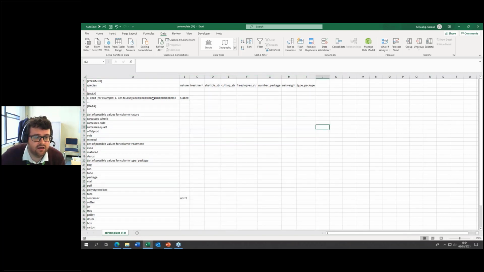Now, Traces, as I said earlier, is not particularly intuitive and it's not particularly advanced. So when you're entering information into this CSV file, I want to bring to your attention that you have to format the information in the exact method outlined here. So for species, you have to enter the information, for example, 1. So this is a bovine fresh meat cert. It would be 1.bos with the case exactly like that. If you don't have the case formatted exactly as it's outlined here, the system quite simply will not accept the